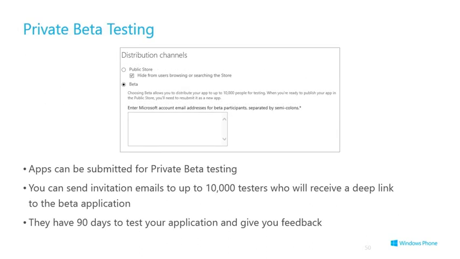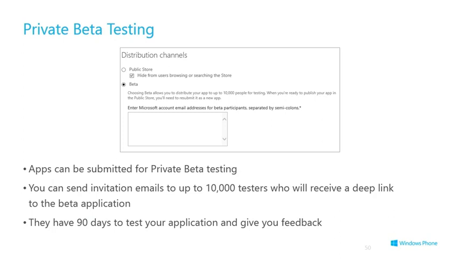Now, when you submit, more often than not you will just check that public store checkbox, the radio button there. But maybe you want to submit it for private beta testing. So what happens here is you select that beta radio button, and then you have to enter some Microsoft account email addresses. So these used to be Outlook.com or Hotmail.com, .co.uk or whatever email addresses, or Live.com, and you can